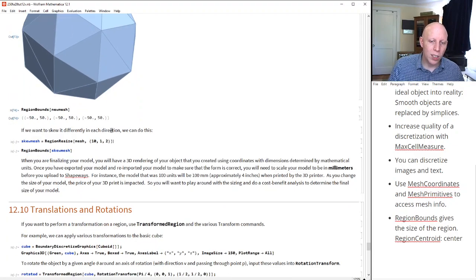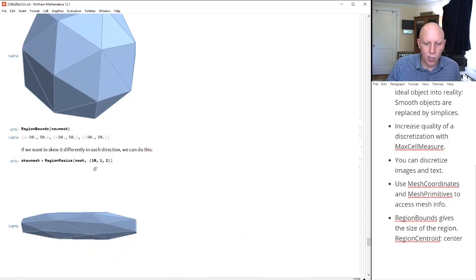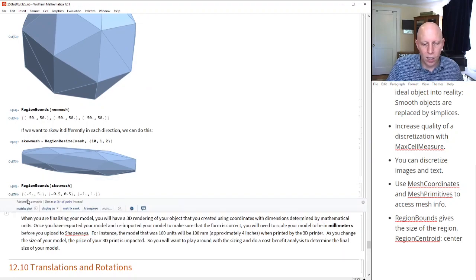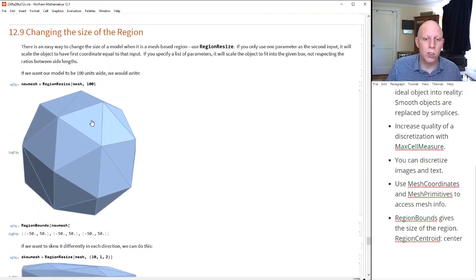What we could do is, if we put in not just one number, but three numbers, then what that does is it skews the x value to be size 10, the y value to be size 1, and the z value to be size 2. Right, and so this is a skewed version of the snub cube, and you can see that it does indeed have those sizes. So this is going to be a very important thing to do at the end of your project,